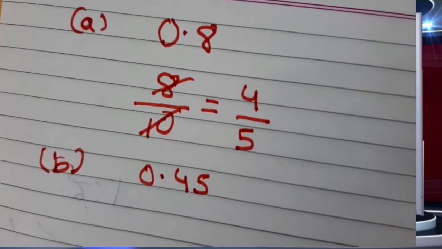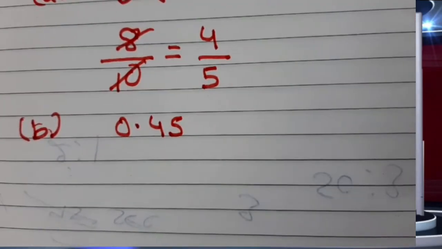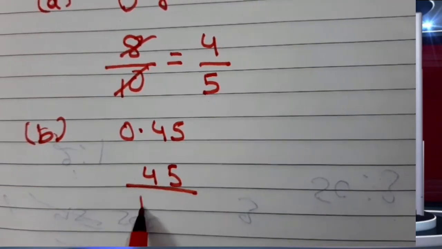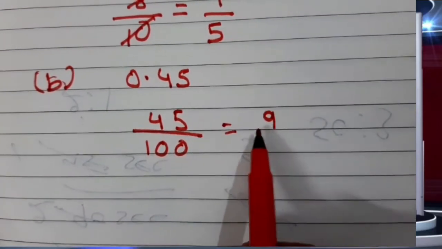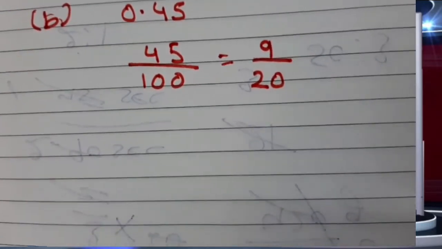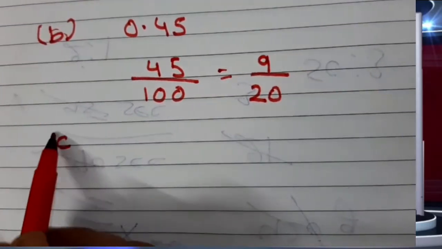0.45. Here you can see there are two decimal places. So to remove the decimal, you will divide 45 by 100. Now both these numbers are divisible by 5. So you will divide it by 5. 5 9s are 45. 5 20s are 100. So the answer is 9 by 20. C part